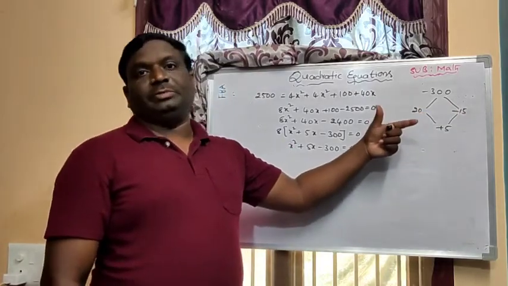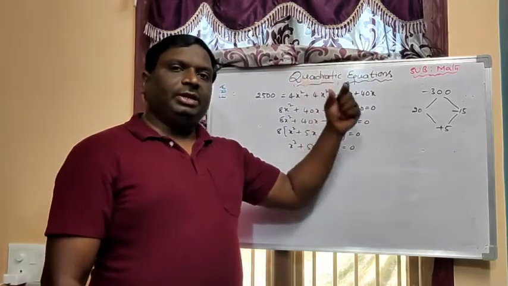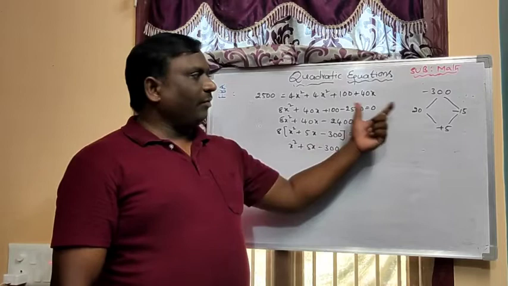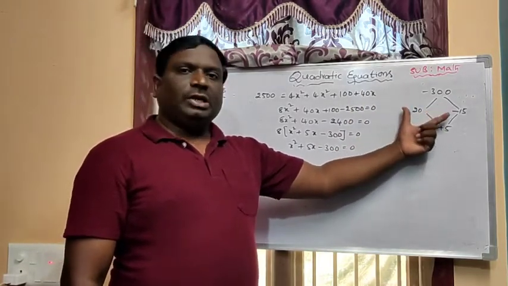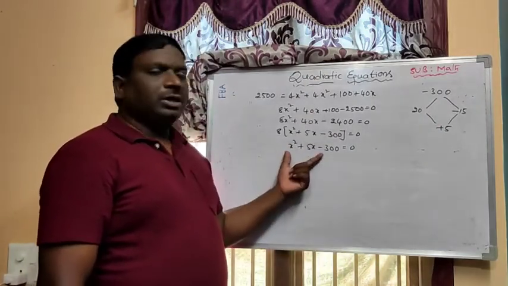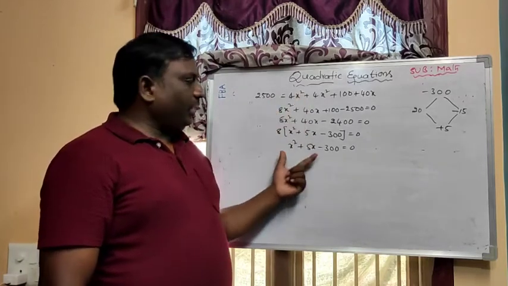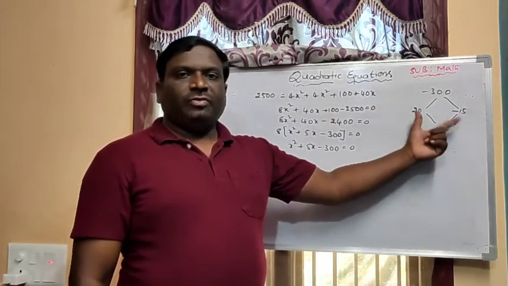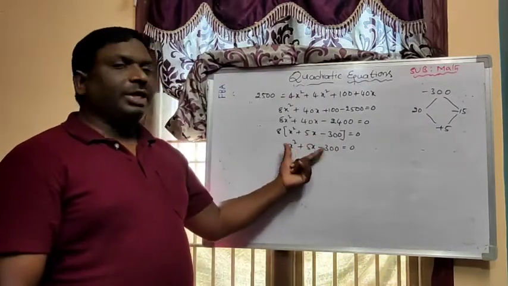What we have to do in that time, sir? Sometimes you are not getting factors. Definitely maximum 99% of questions have factors. Like that only they will give. If you are not getting the factors, once again check your solution, whether the quadratic equation you framed is right or wrong. If your quadratic equation is right, even though you are not getting the factors, definitely there are no factors. Once again you can check the quadratic equation.